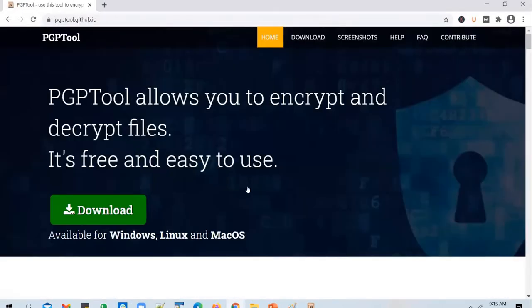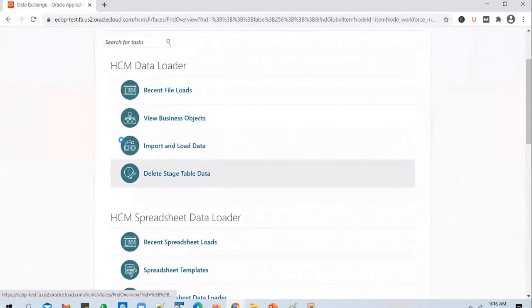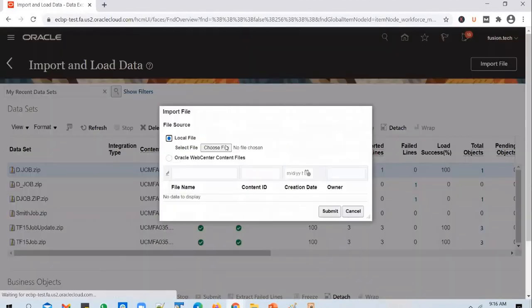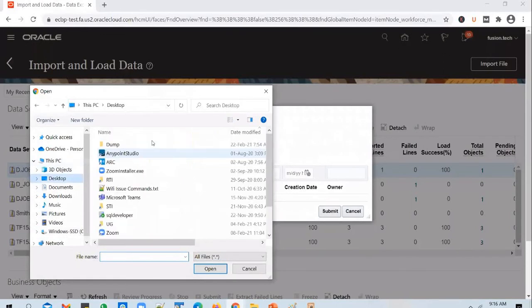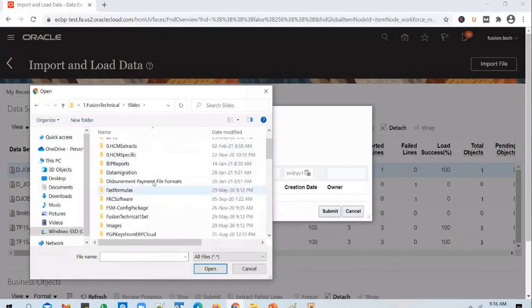But I just want to throw some light on the encryption methodology here. So if you look at HCM data loader, when you try to import and load a file, it'll ask you to pick up a file. You can select a file. I'll pick up the file that I have used in the previous session. Then go to HCM data loader.